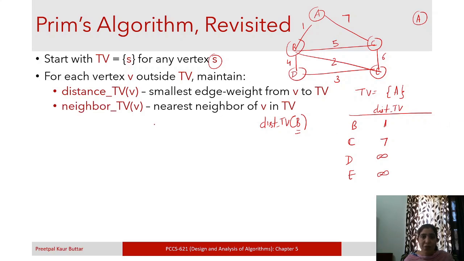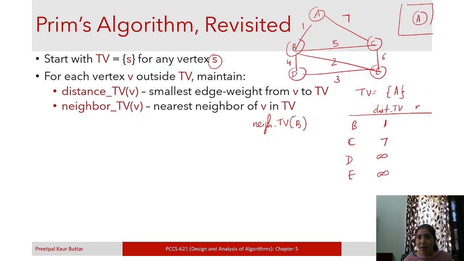And the second thing which we maintain is neighbor of TV V. If we take B, it means the nearest neighbor of V in TV. So TV contains only A, and which is the nearest neighbor of B in TV?